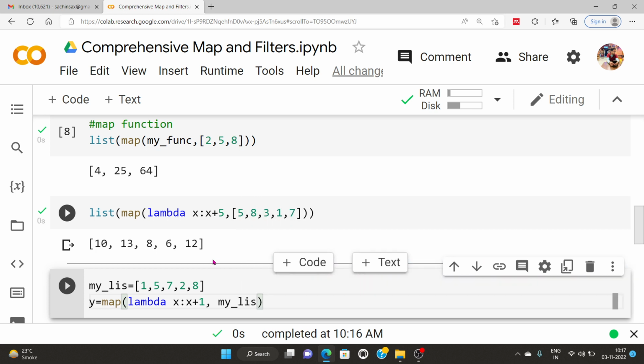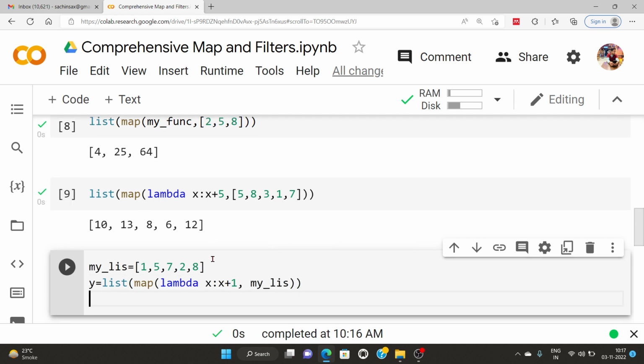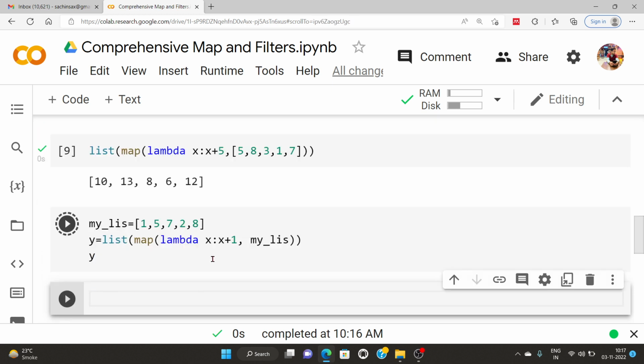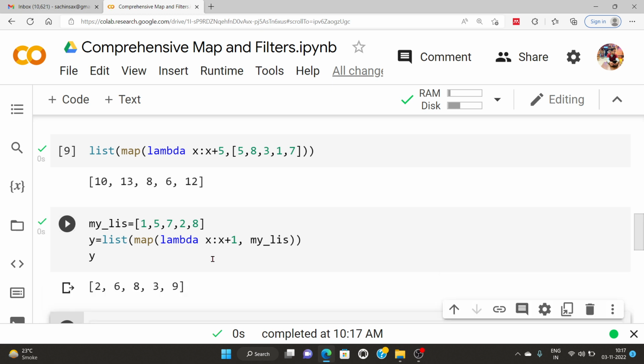So we are going to perform that on my list. Also we will have to convert it into the list, and simultaneously I'm going to print that y. So 1 is going to increment by 1 to 2, 5 is going to 6, 7 is going to convert into 8, and 2 converted to 3. Right,